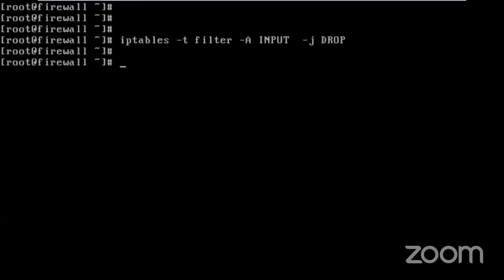simply. What I'm saying: iptables, filter, input direction, we have not specified any address. That means it is going to block the traffic from each and every source. Now, this is a very hard rule, but when your organization is under attack, this is the one. Immediately it will take effect. That means now nobody will be able to access your systems. So this is the third.